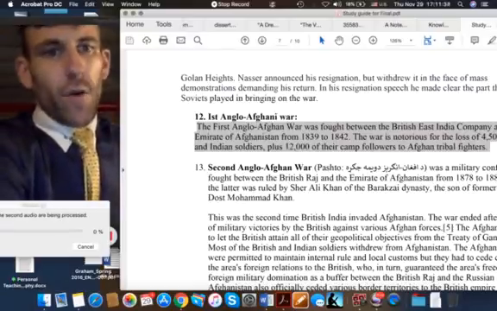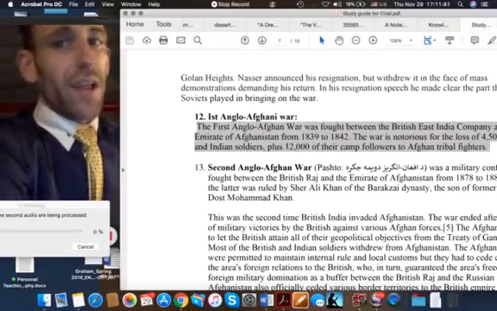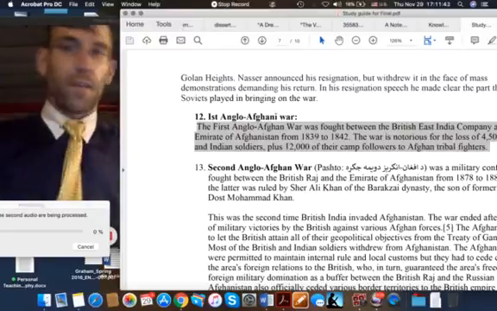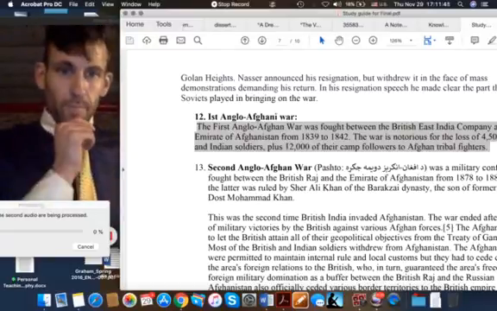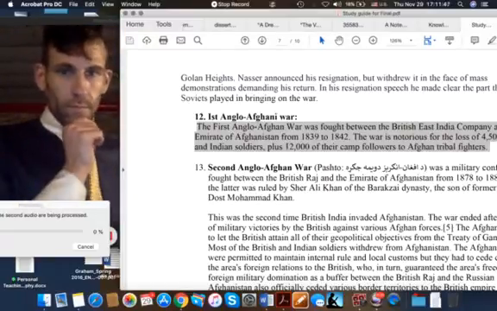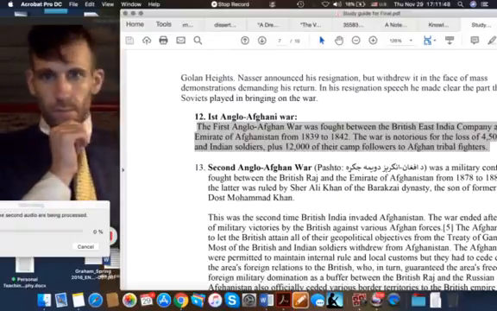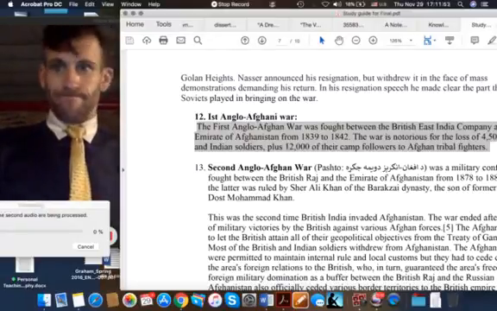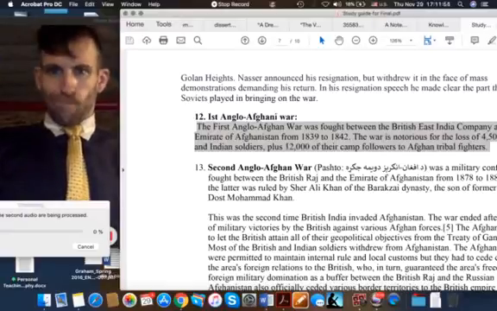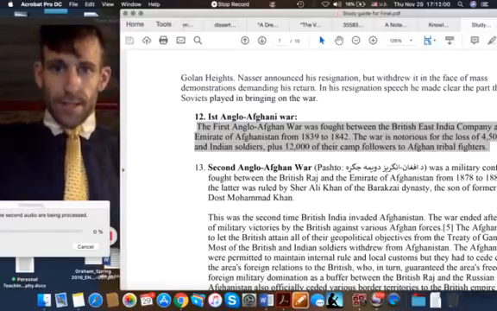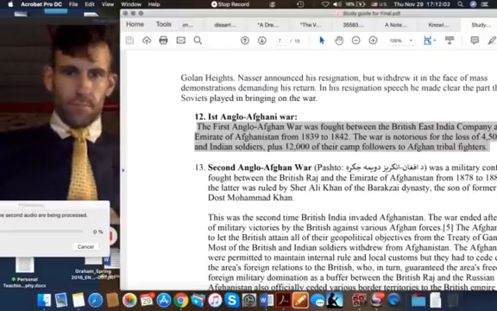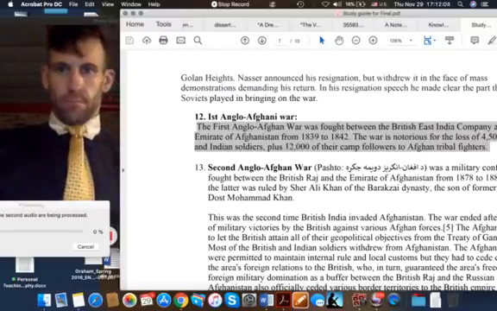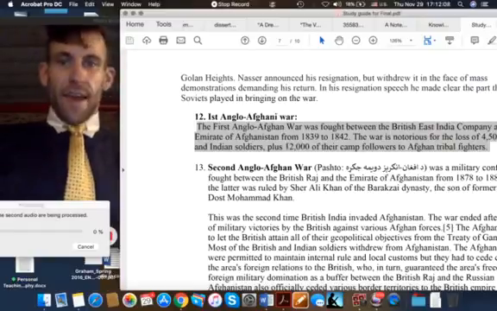Second Anglo-Afghan War is from the Battle of Maiwand, where Malala myth comes from. Oh, there's a train in the background. Hang on. All right. So you can hear, there's the train. Cool. So anyways,